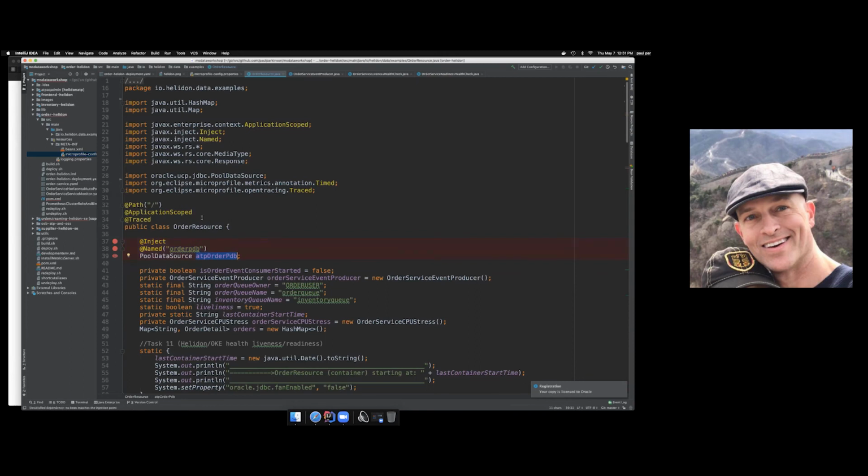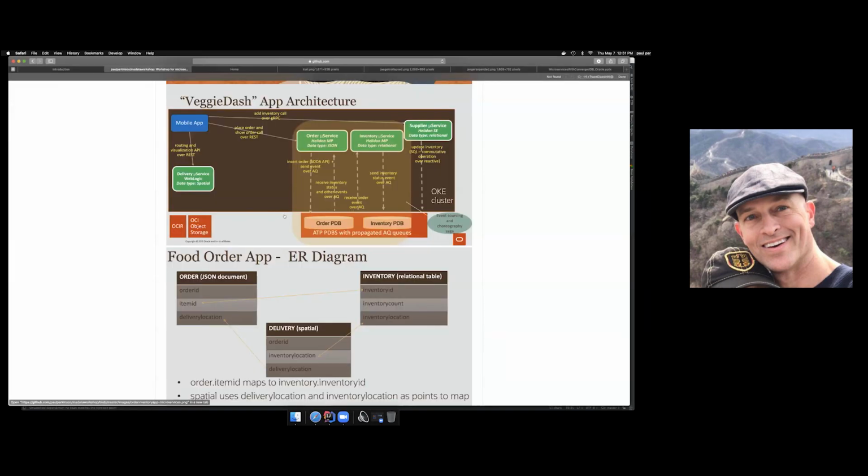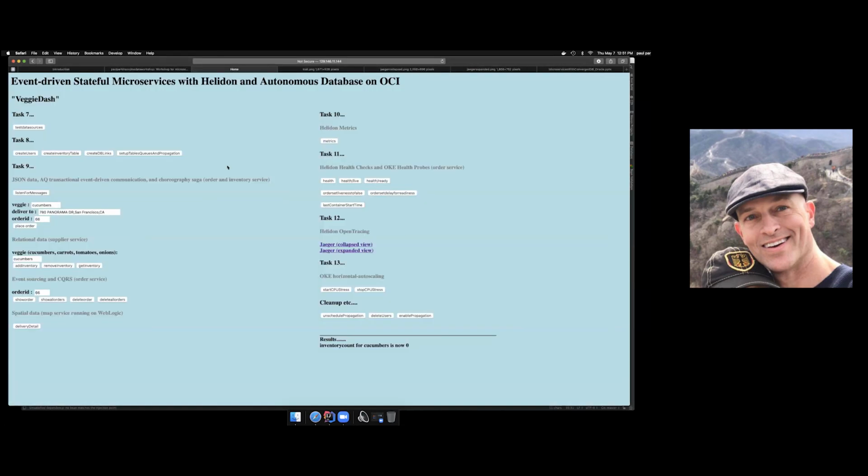You could change what that database is. At all levels, we're kind of decoupled. You can move PDBs around. You can move what PDB you're pointing to around in this deployment, and you still have this nice decoupled reference. So I just wanted to go through that a little bit to show the connectivity aspect, because obviously that's the first step. So now let's go into the actual demo app that you build with the lab.